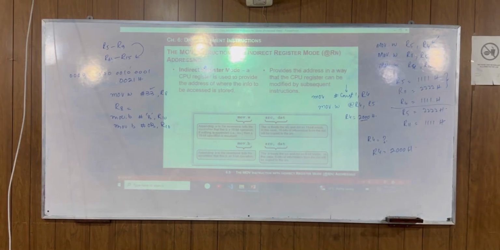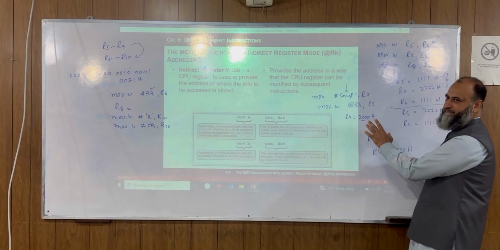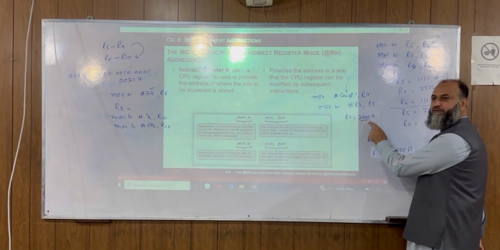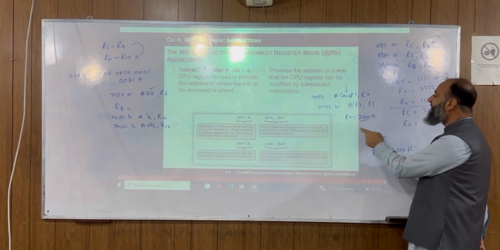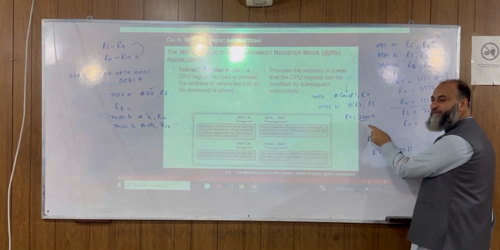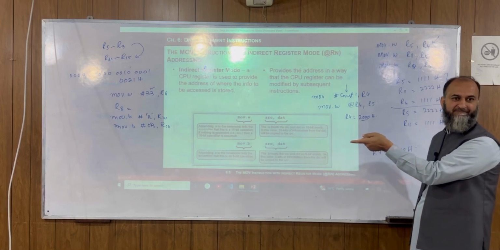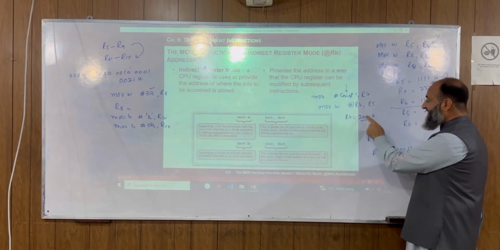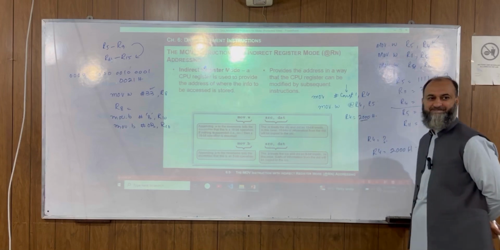The 2000 itself will not be stored; this is 2000 hex. At that particular location, whatever is the content, that will be stored in R5. So this movement is from memory to the CPU, but the address of the memory location is going to be specified by R4.